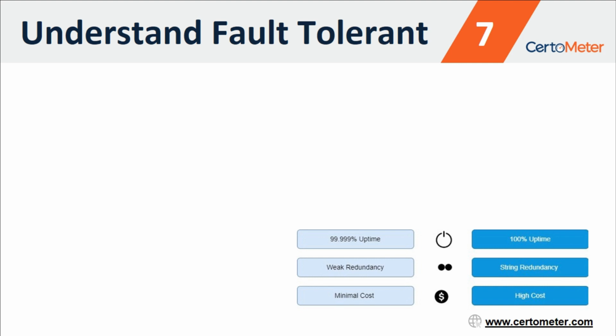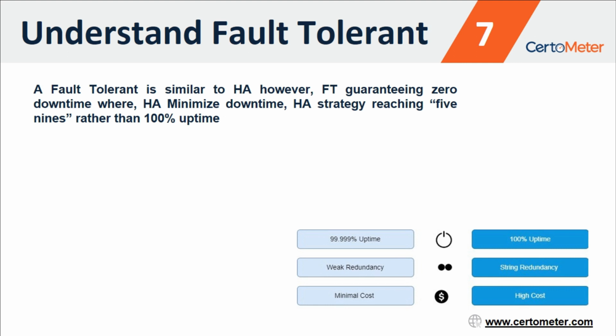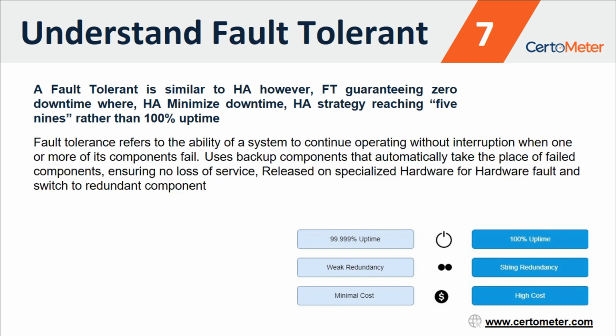Fault tolerance has strong redundancy. High availability has weak redundancy, and compared to fault tolerance, the cost is minimal. Even though a fault tolerant system seems extremely similar to HA, it goes one step further by guaranteeing zero downtime. So HA still comes with a small portion of downtime, hence the ideal HA strategy reaches five nines rather than 100% uptime. Fault tolerance also uses backup components that automatically take the place of failed components, ensuring no loss of service. In HA, there would be a point-in-time loss in a service, but again, it promises